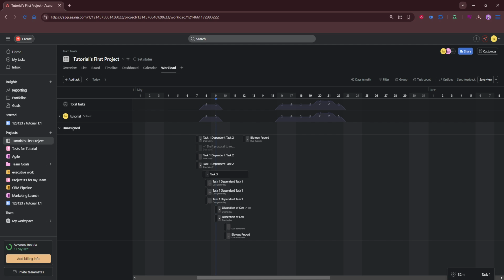Finally, check workload regularly to balance team capacity. A weekly cadence works well. Scan the upcoming 2 to 3 weeks, make small adjustments early, and revisit after major changes in scope. Consistency helps you catch issues before they escalate, builds trust in your timelines, and creates a healthier, more sustainable pace